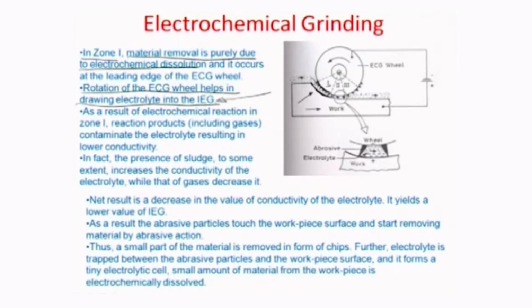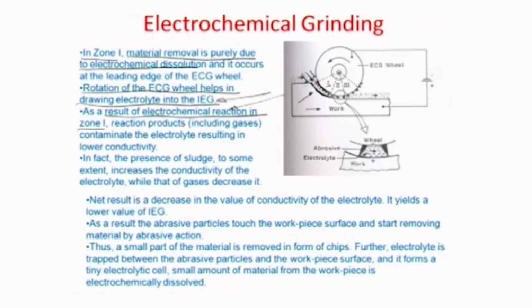So it is a self-paddling action of the electrolyte around here, and it gets pushed into the IEG, or the interelectrode gap. As a result, whatever machining and electrochemical reactions you have in zone 1,